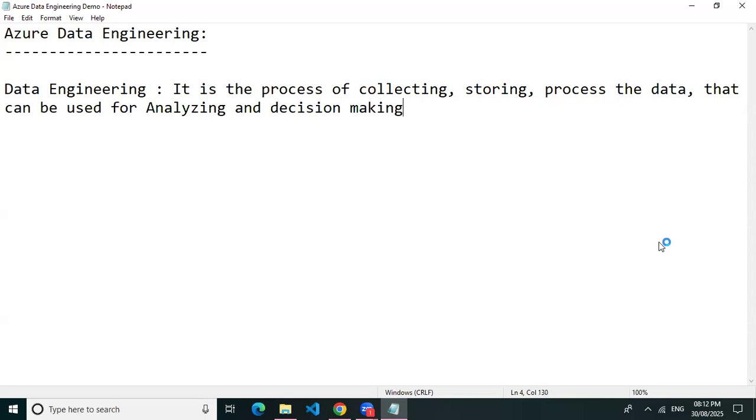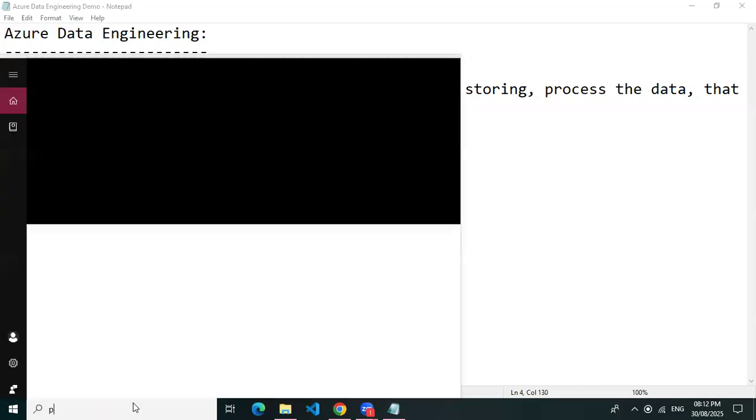What is data engineering? Data engineering is a process of collecting, storing, processing the data that can be used for analyzing and decision making. For example,